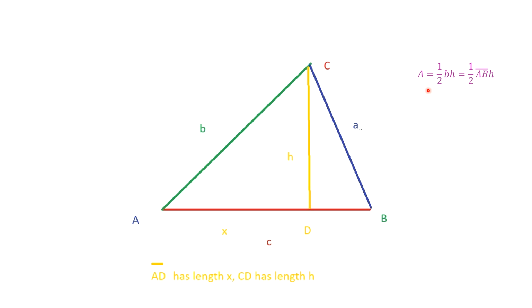We don't have the numbers in, but we're going to have to construct a height. And we're going to use the basic triangle area formula that most people know. Area is 1/2 the base times the height. In this case, I selected AB as the base, so it's 1/2 the segment AB's length times the height H. Now, when we do this, I have